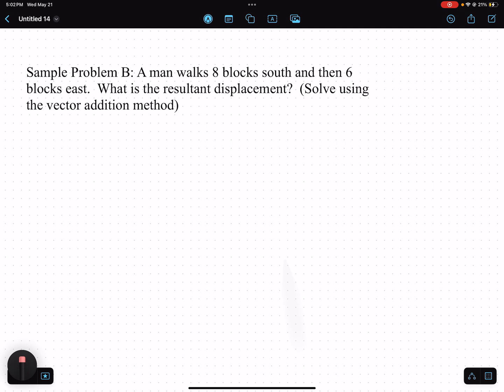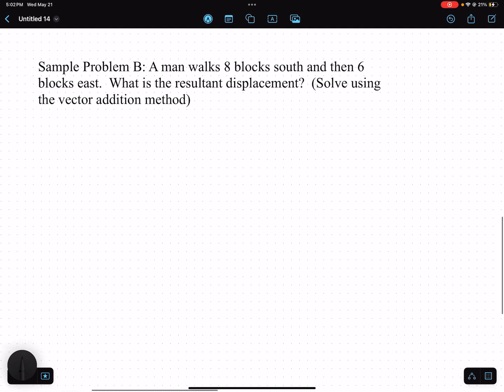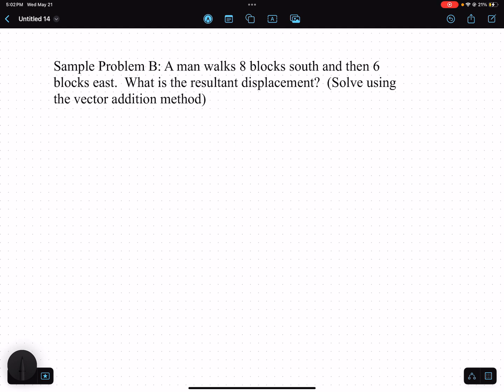Today you are going to go through a couple examples with me. You do have these examples in your notes. You should be able to turn to sample problem B. I'm going to walk you through some vector addition problems, doing sample problem B and sample problem C with you, and then you are going to do some work on your own, okay? When we do these sample problems, what we're doing is combining vectors,